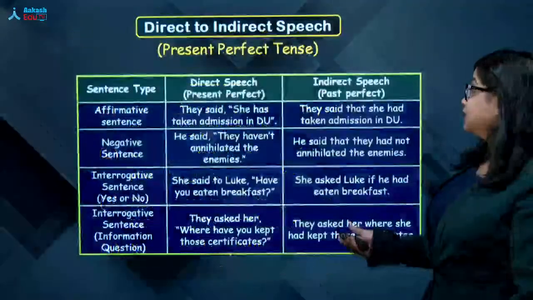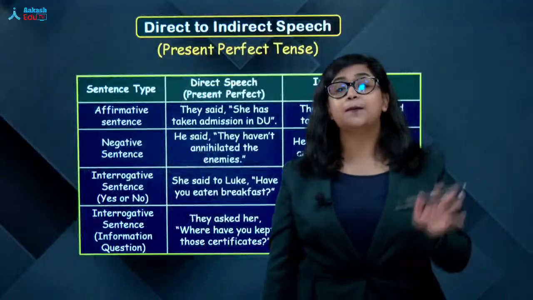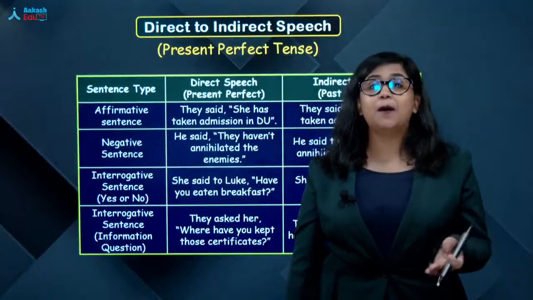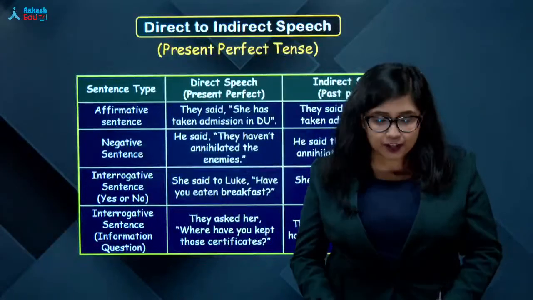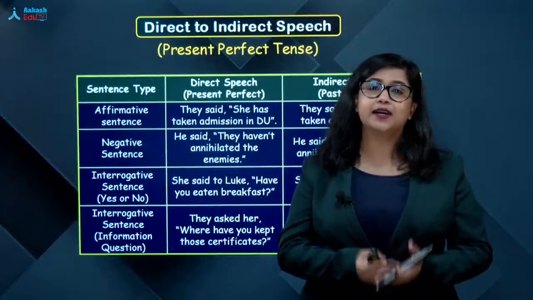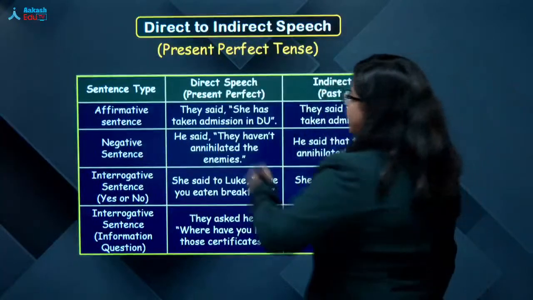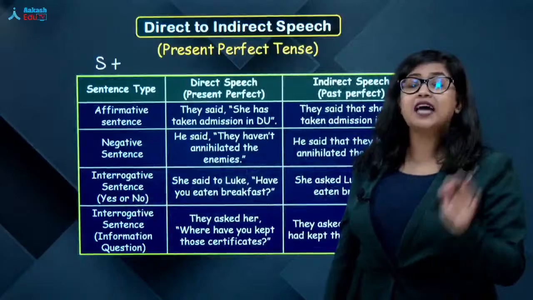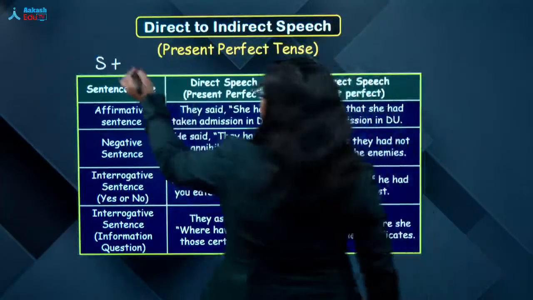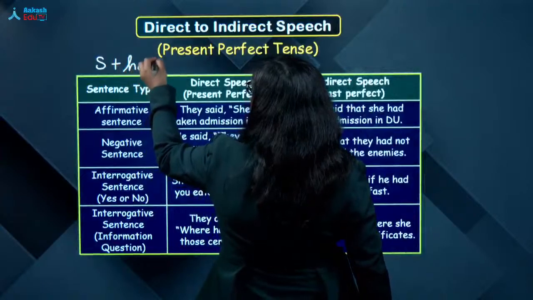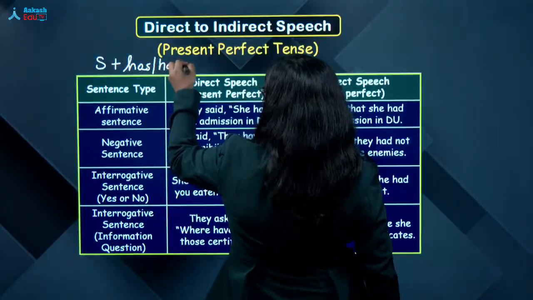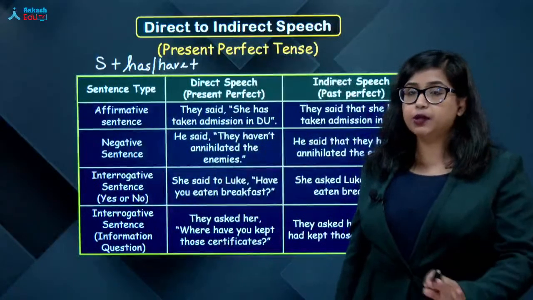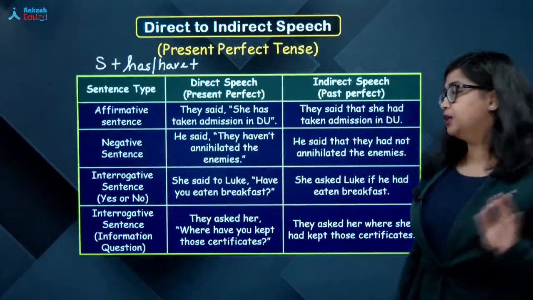Well done guys. Okay, so now that we have looked at present continuous tense, let us move on to the very next present tense, which is your present perfect tense. So first of all, let us see how do we frame a present perfect sentence. So once again, you have your subject. For present perfect, we use has and have. We use either has or have according to the subject, plus the third form of verb, which is the V3 form.